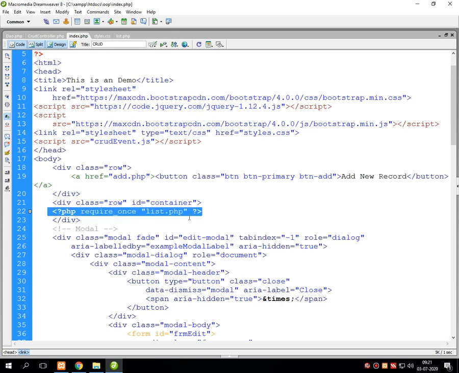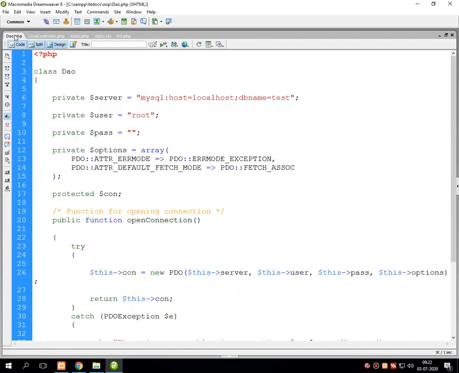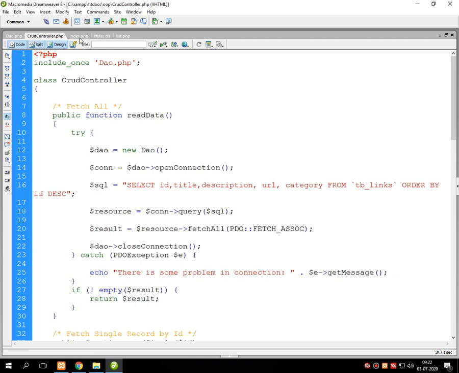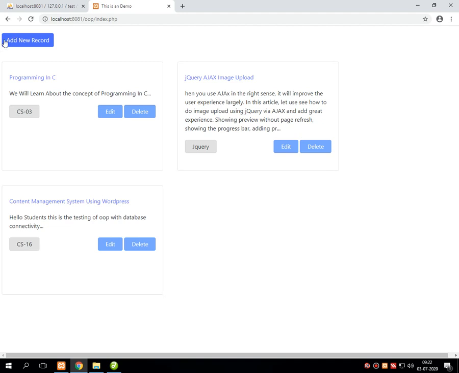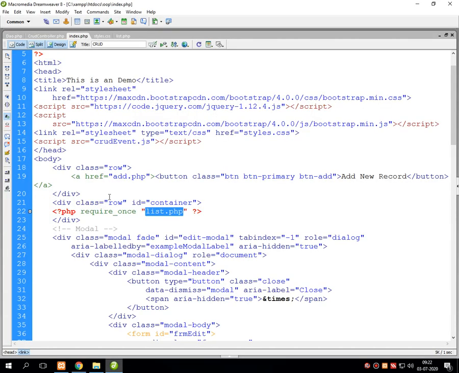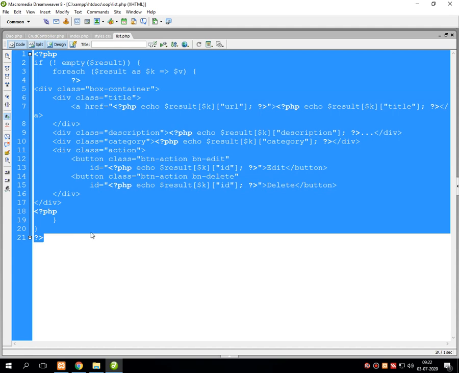I just want to say that this list.php which we have mentioned in index.php will display the content onto the screen. So don't get confused. First write down dao.php, then crudecontroller.php, then write down index.php. It will just display this rectangle with this button onto the screen, nothing else. This data is going to be displayed by the file which is called list.php, which we will discuss in our next lecture. This is just an overview of list.php. We will discuss in more detail in the next section.